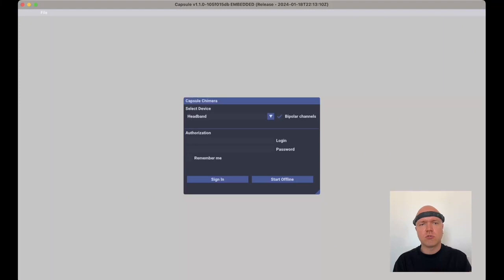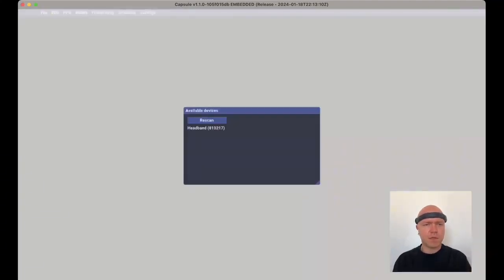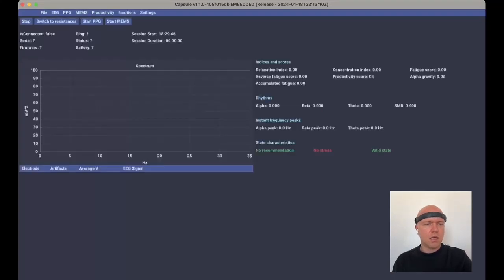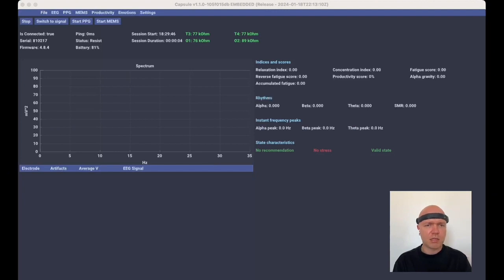On the screen, you should choose the device. As I have my headband on, I'll choose the headband and start the application offline. So they have found my headband, let's connect it. And voila, here we have the main screen with some basic information like the serial number of the device, its firmware